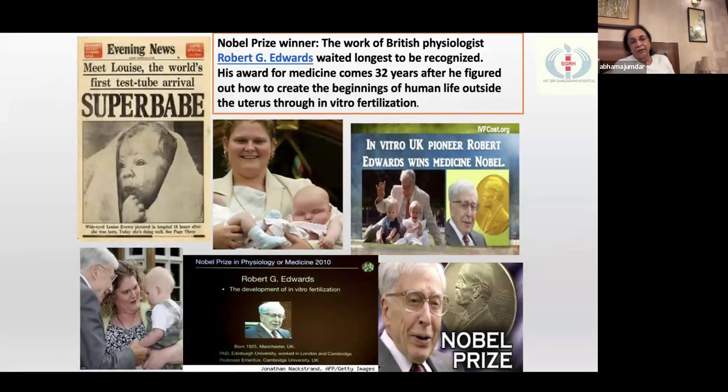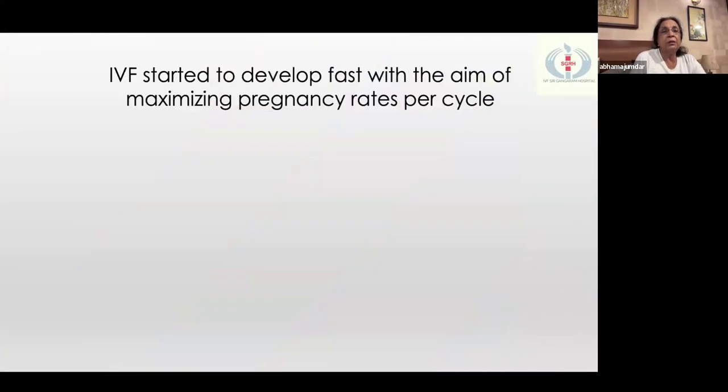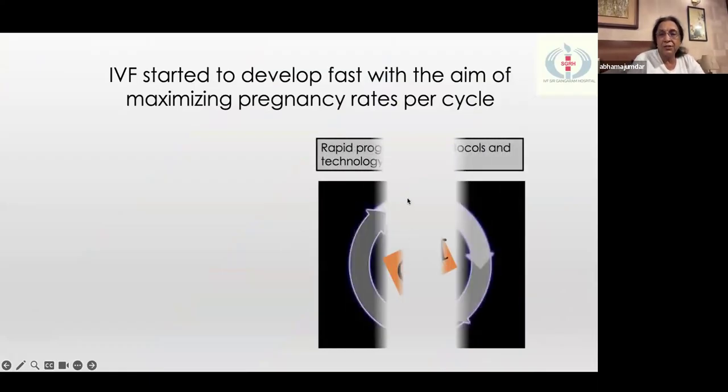And again, I bring my very old but famous slide which shows the birth of Louise Brown. This was a baby born out of a single egg, single embryo, and a single baby. IVF started to develop fast with the aim of maximizing pregnancy rates per cycle. And what happened as a result,